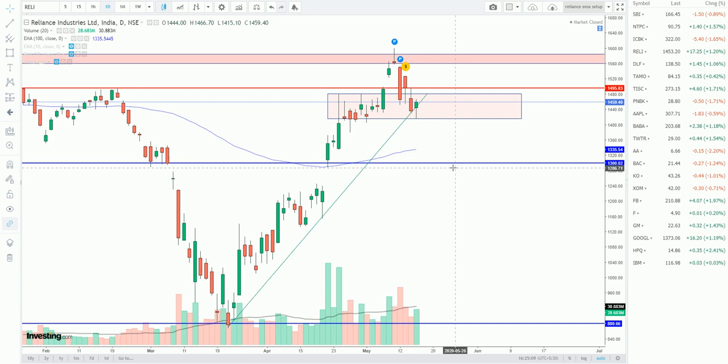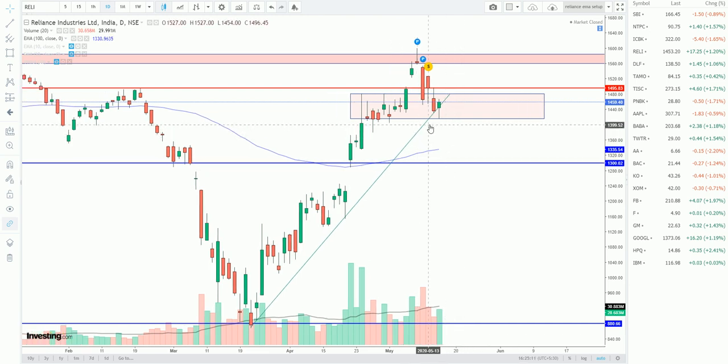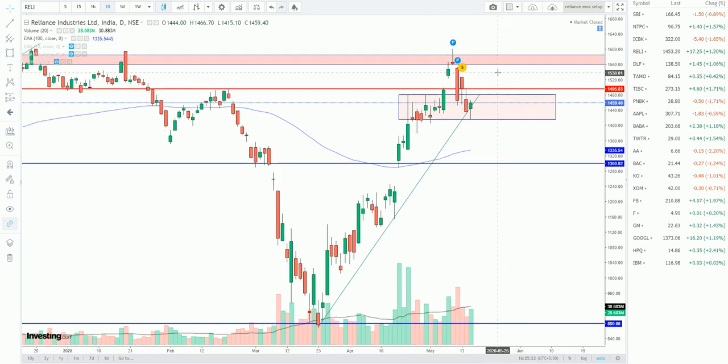This is one aspect, and another aspect is if this stock moves up, it can go up to the 1495 level, and then this level. This is a strong resistance here. Only going above this level can we say it is bullish. Till that time there will be a sell zone here and it gets rejected.